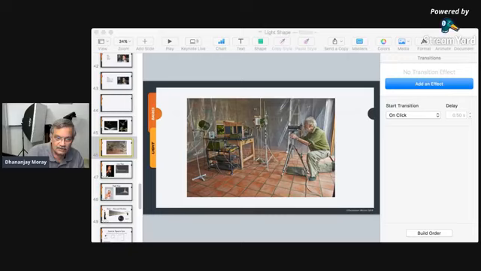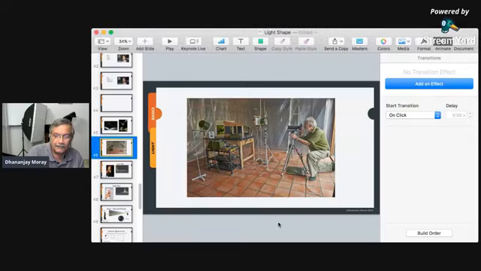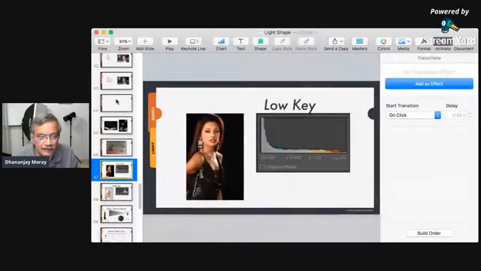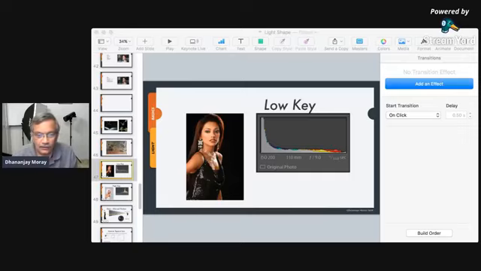Another question which was asked was about what is a low key picture and what is a high key picture. Oopsie daisy, I think I just shut off my presentation. So I'll just go back and reopen the presentation. So here you